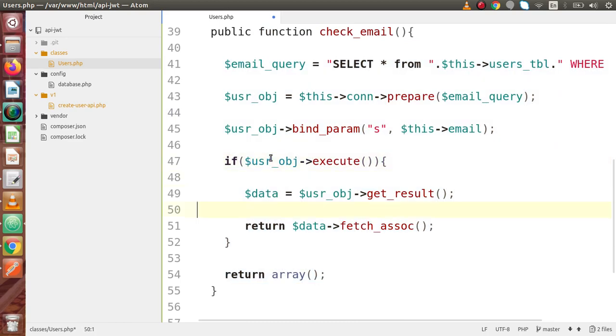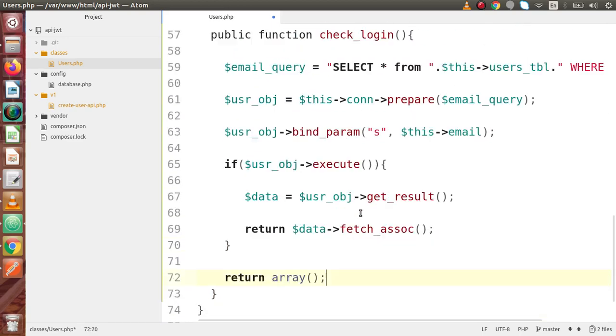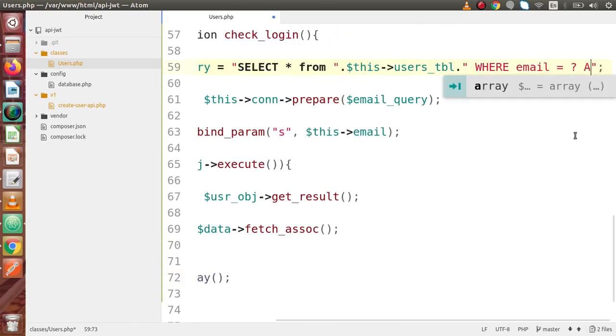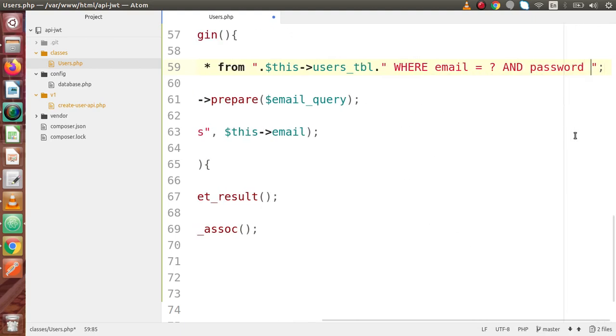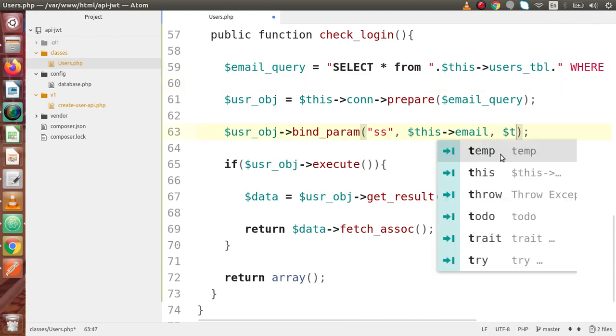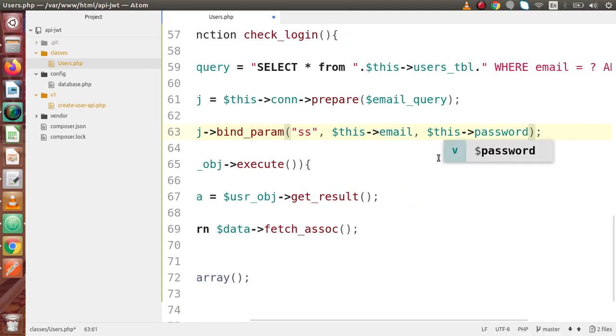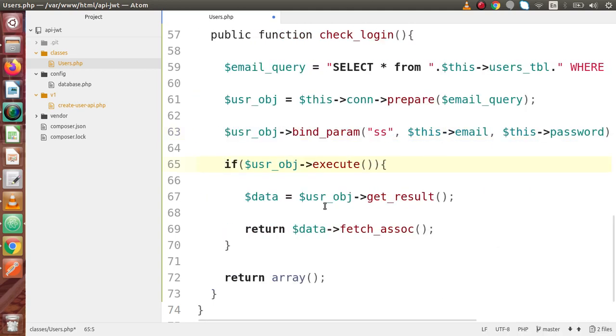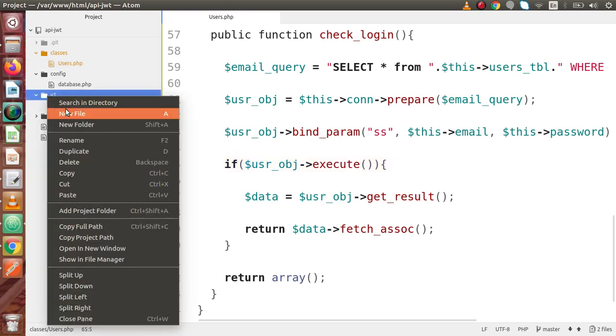So if I copy all the code of this method and paste it inside this block, but this time we are going to check not only the email address, we are also going to check the password. So here it should be a placeholder. And the next parameter we have to bind as a string, and this should be the password. And finally we need to execute that. If we find any details with the email address and the password, it will return the result, otherwise we will get an empty array. So save all these changes, back to our v1 directory,